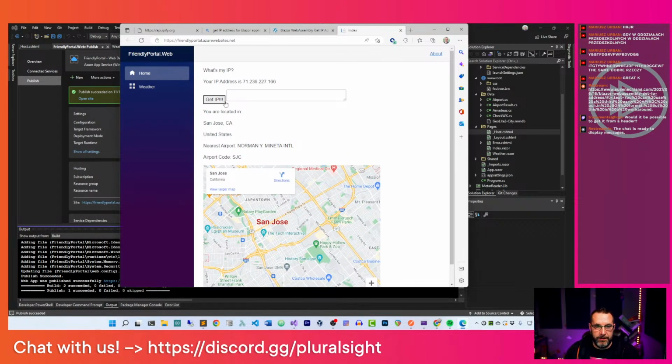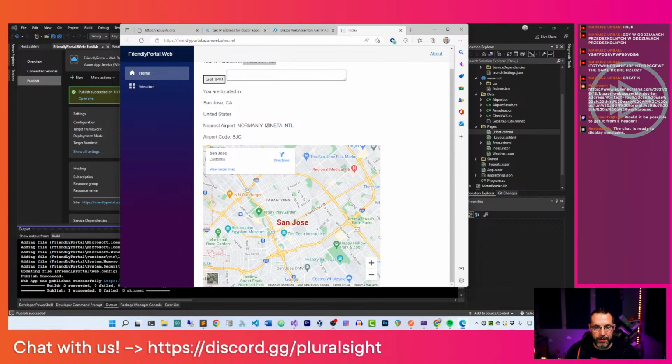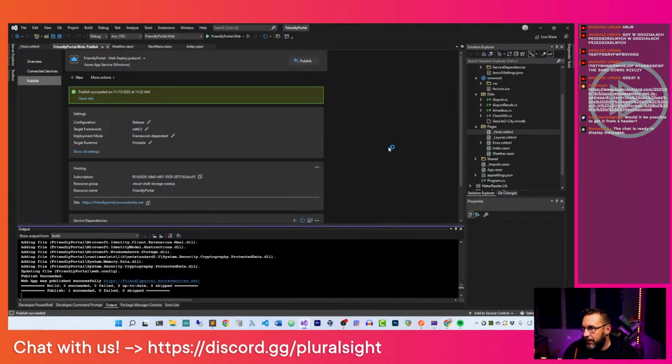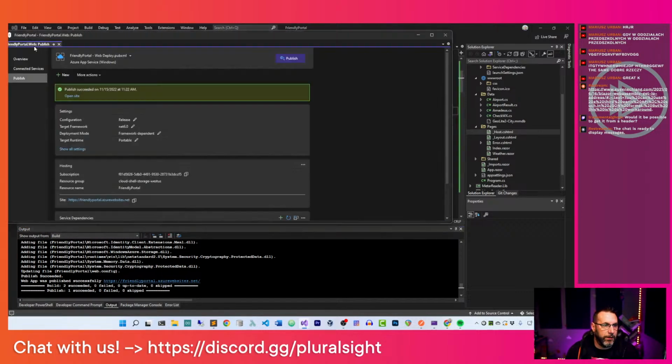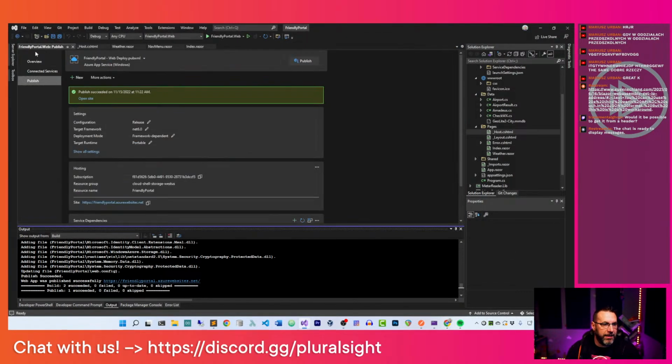And it works. So I published it to Azure websites.net, and now I have a different IP address, and it's showing a different airport code. So, awesome. This works. Now we've got to do some refactoring. I think it's going to get a little hairy,